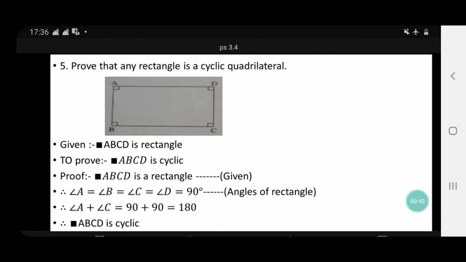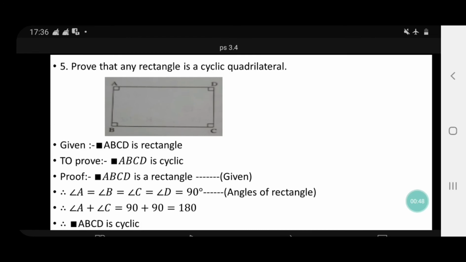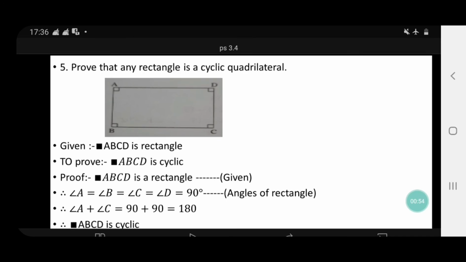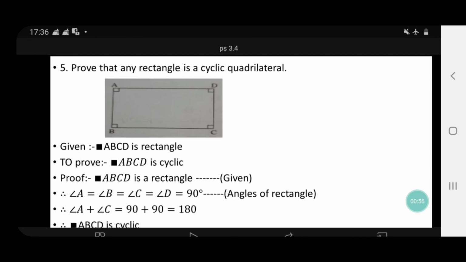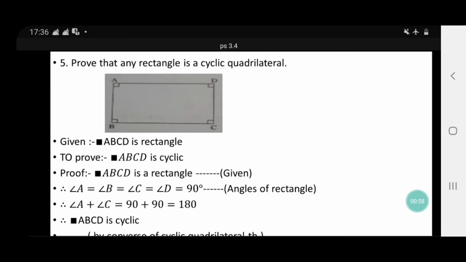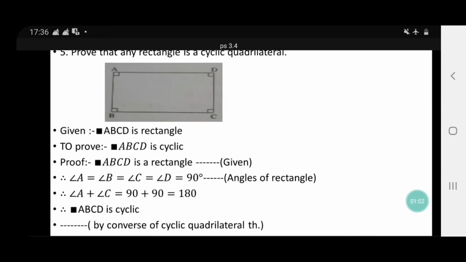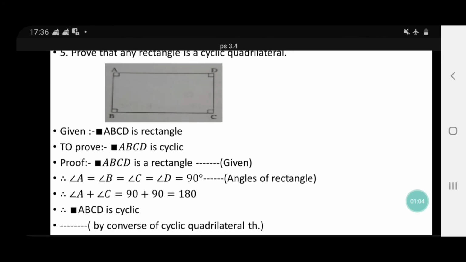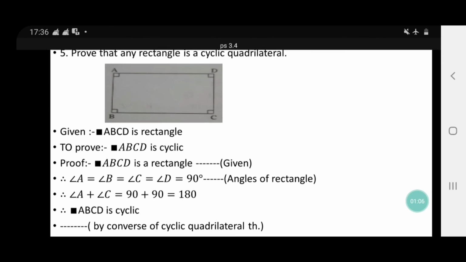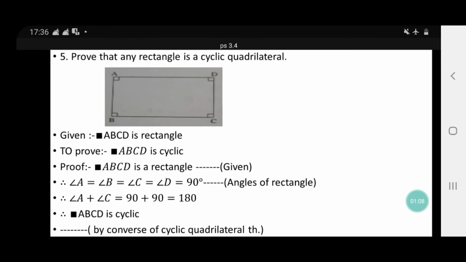rectangle. Then if I substitute for two of the angles, angle A plus angle C, opposite angles, will be equal to 90 plus 90 equal to 180 degrees. As two opposite angles of the quadrilateral sum to 180, the given quadrilateral, that is quadrilateral ABCD, is cyclic by the converse of the cyclic quadrilateral theorem. Next,